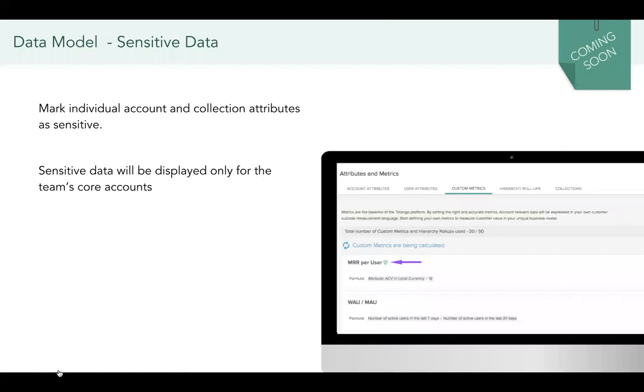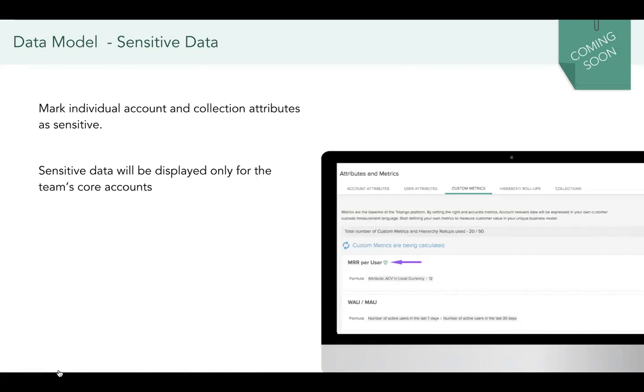Around our data model, we talked a lot about how we help you to secure your data. One of the things that we learned is that there are many organizations that would like to define specific sets of data as sensitive data. This type of data should not be exposed to specific people in your organization and should be exposed only to very relevant people based on their role, either in the account or based on their role within the hierarchy.